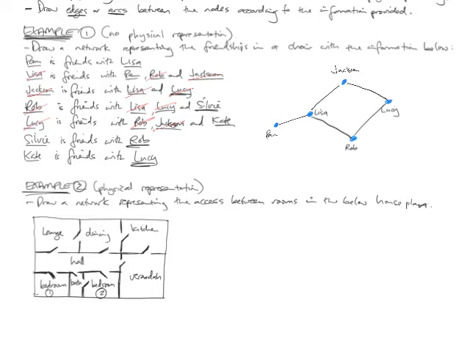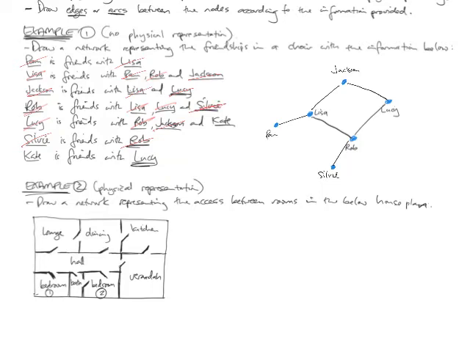Pam is connected to Lisa. Lisa is friends with Pam. I already drew that line. Jackson's dealt with. He's friends with Lisa and Lucy. He's connected. Rob is friends with Lisa, Lucy, and Sylvie. And Sylvie is only friends with Rob, so I could draw her external here. Sylvie. So I've positioned Sylvie, I've indicated that she's friends with Rob, and I've also indicated that Rob is friends